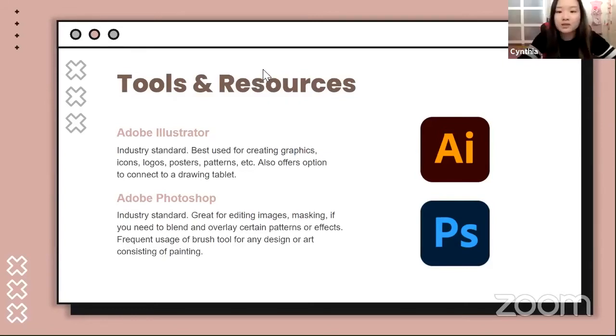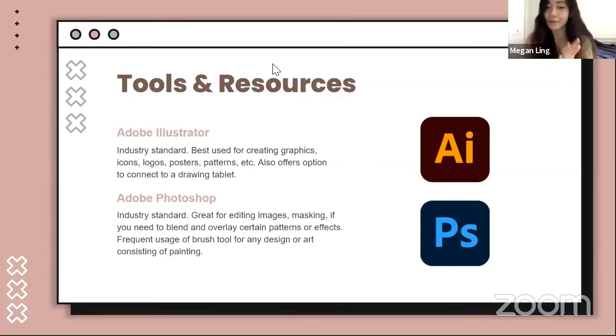And Megan, do you have any thoughts about that as well? Yeah, I would say there's definitely a really big learning curve there. I was more of a Photoshop person at the start, before beginning my studies at BCIT, but I quickly realized that with the pen tool and the brush tool, and just using Photoshop informally, self-taught, so many things could have been so much easier if I had looked at Illustrator.